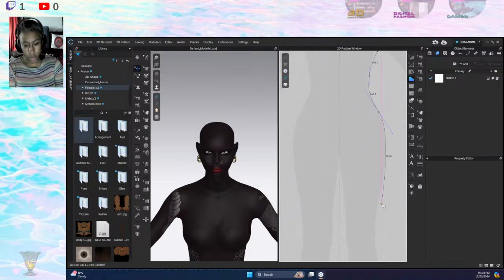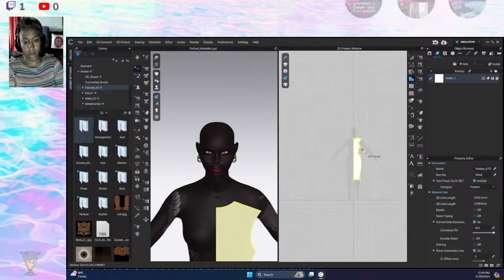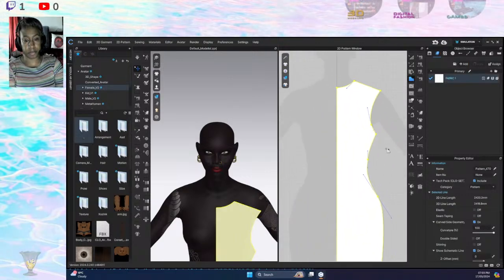Do I want a long skirt or a short skirt? I suppose it's easier to make it longer and then change it later. Maybe just a midi. Okie dokie. And now